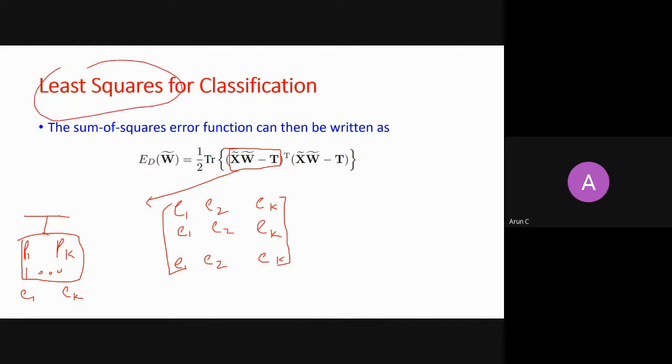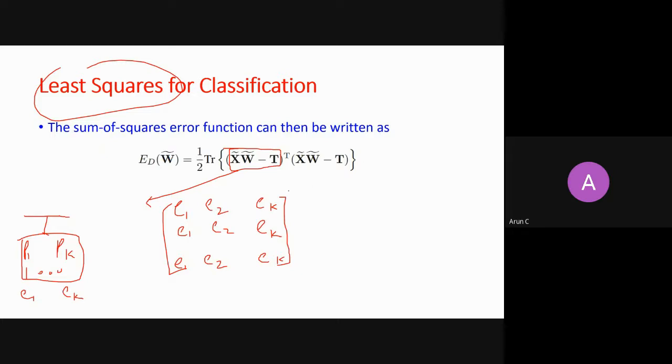Don't fall for the trap of this dimensionality. The basic fundamental is the same. I need to calculate the sum of squared errors, right? So I just need to take the square of every element in this matrix and add it, right? Now the fundamental question is how to do it smartly.